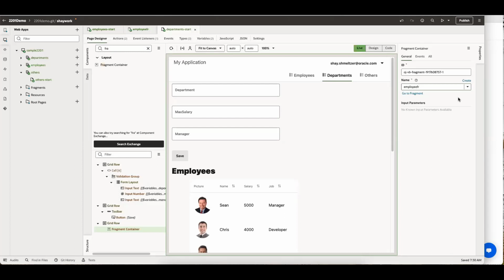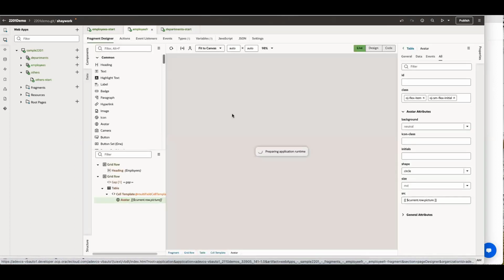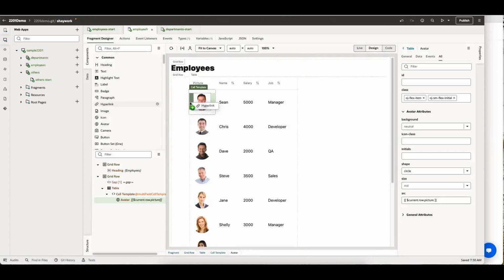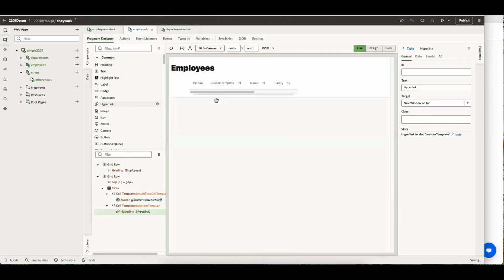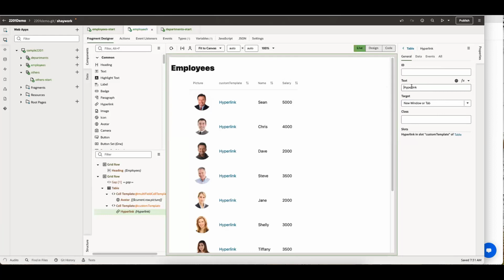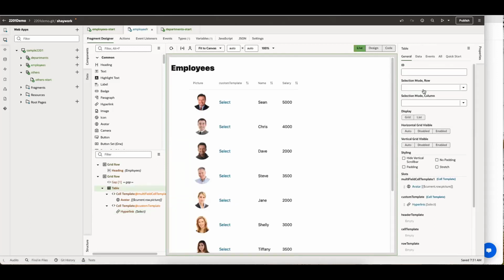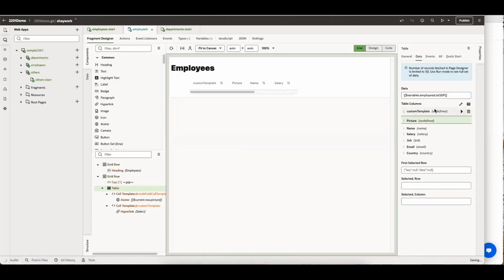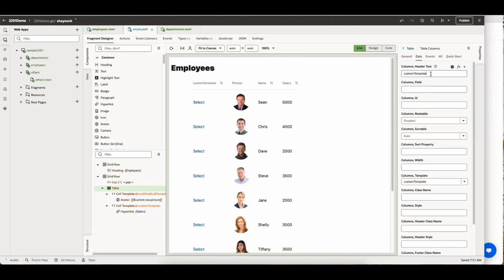Okay. Now, the nice thing here is that any change that I do now for my fragment would appear in all the pages. So for example, if I go over to my employees fragment and I add a hyperlink, we'll add the ability to select an employee. I'll drop it over here. Okay, and we'll call this one select. Okay, actually, let's change the order in the table. So we can move the select to be the first column, and we can also change the title of it. So it would say select,